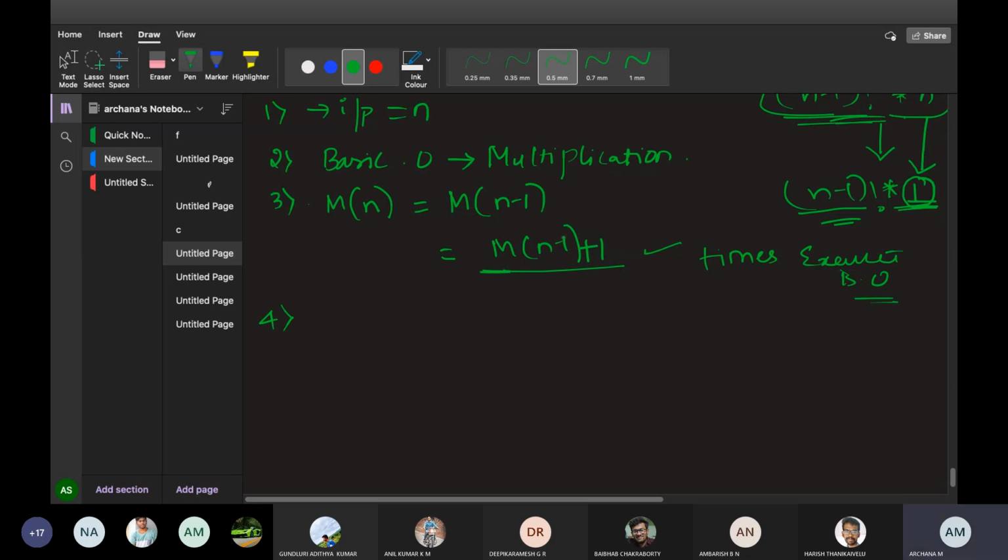This is based on the function whichever I write, f of n minus 1 into n. I have written the function. So m of n minus 1 is the same as f of n minus 1 factorial. We don't know how many times I'm going to do this because I don't know the number. Compulsorily, at least once I will do that, right? Once I'll do, so this is 1. And n minus 1 times I will be multiplying the numbers. This is how many times it is executed.